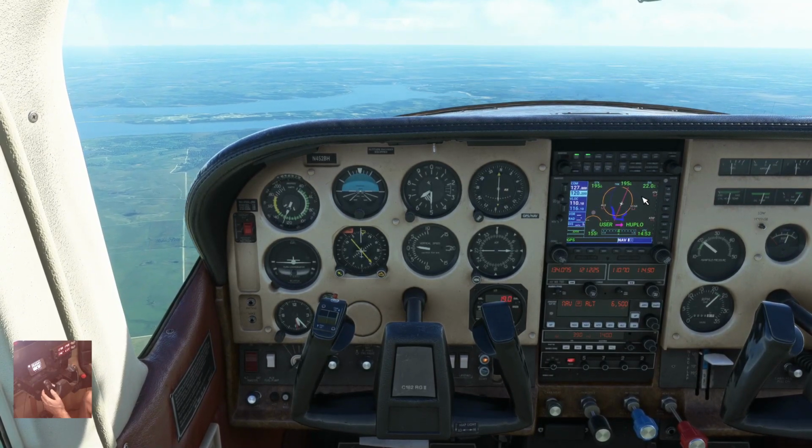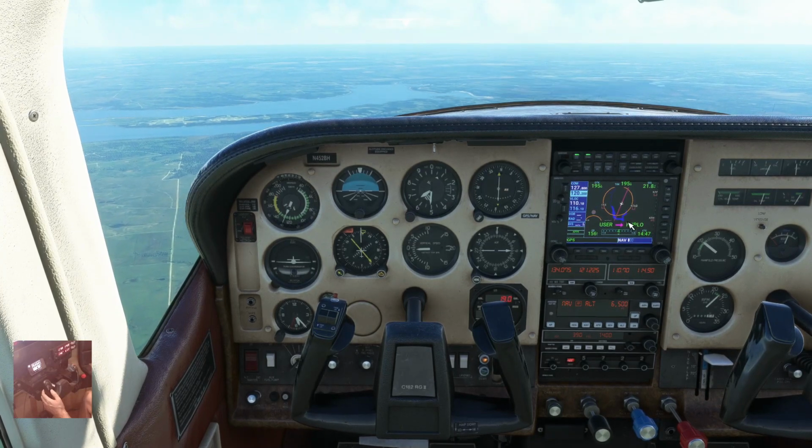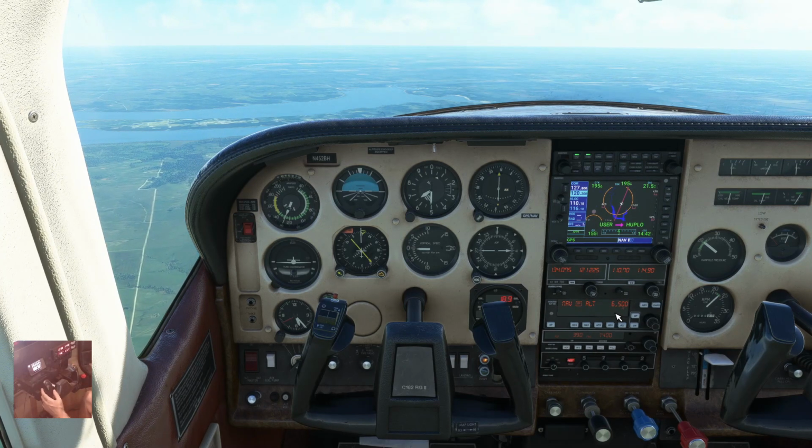Because I'm thinking when I get about 10 miles out from Hooplo, I'm going to tell this thing to go ahead and go down to 2,700 feet, because that's where I'm supposed to be. But